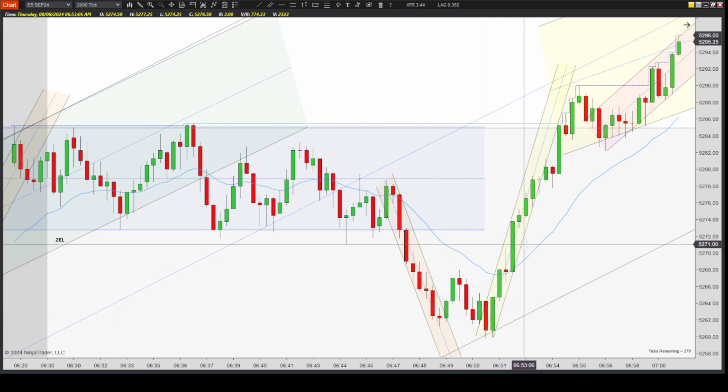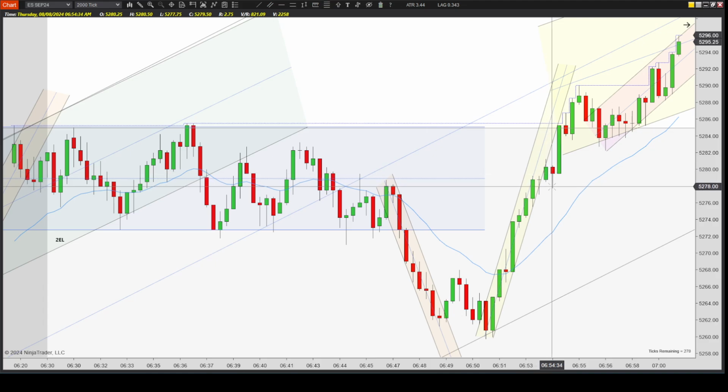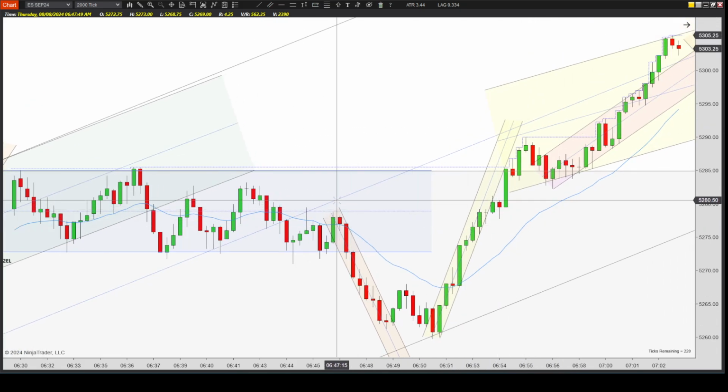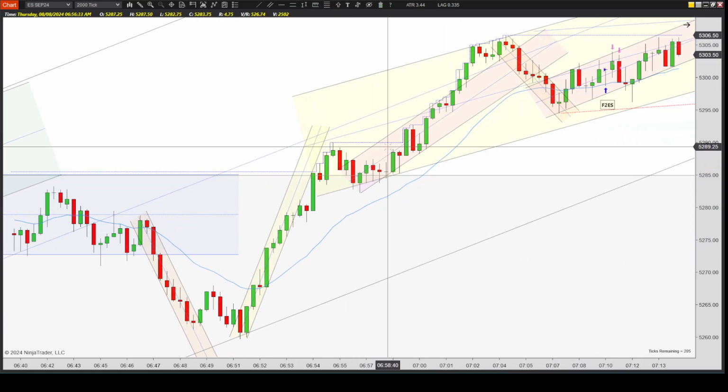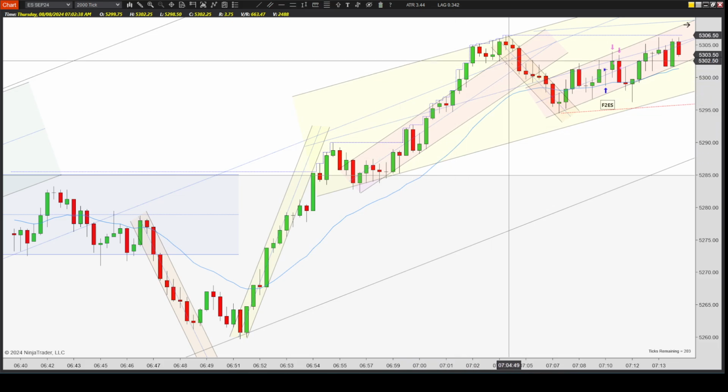So you get this strong, strong push up. And the first time it pulls back and breaks below the previous is right here, so it's actually your first entry short. And then it pushes up past the trading range, continues to move, falls into what I think is this red up channel, but it's not the best and